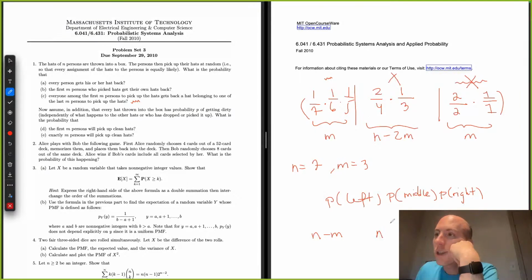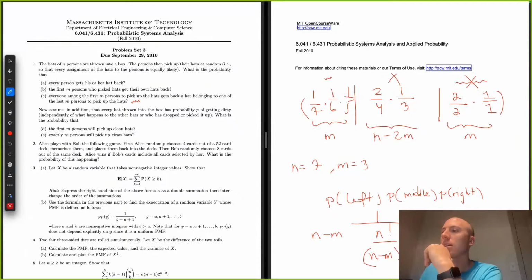So this thing is basically n factorial over n minus m factorial here. I guess it's 1 over that, times, now this is like,